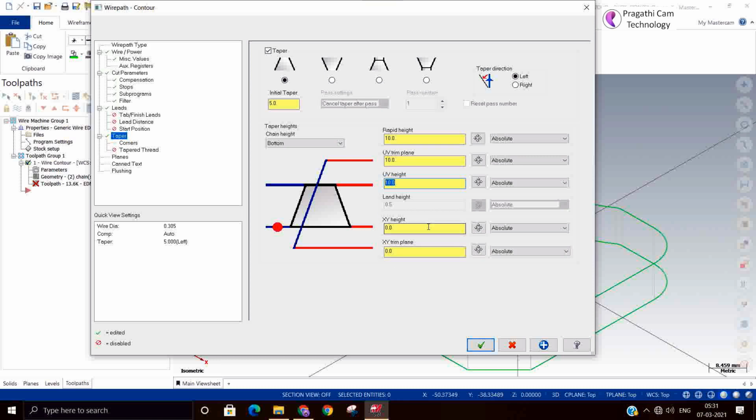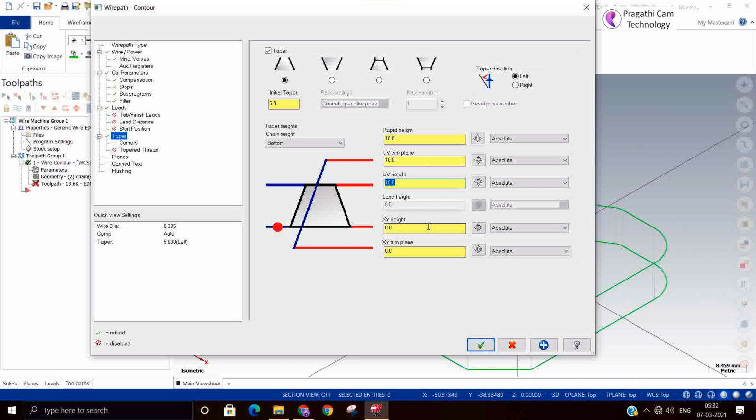UV you can see here. That is the UV method. When you are cutting a taper only, this UV will be useful to you. So if you are cutting a taper, the bottom wire guide moves in the XY and the top wire guide will move in the UV. So you will get the output in the XY and UV. See, this UV is nothing but the parallel axis.